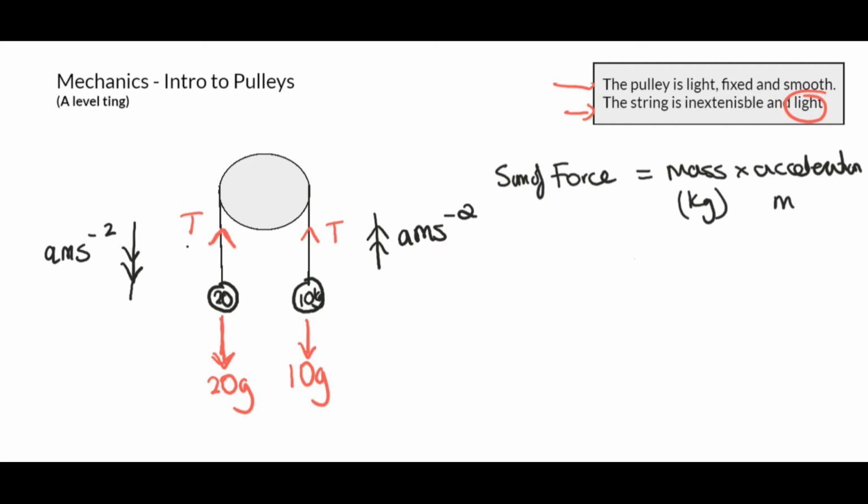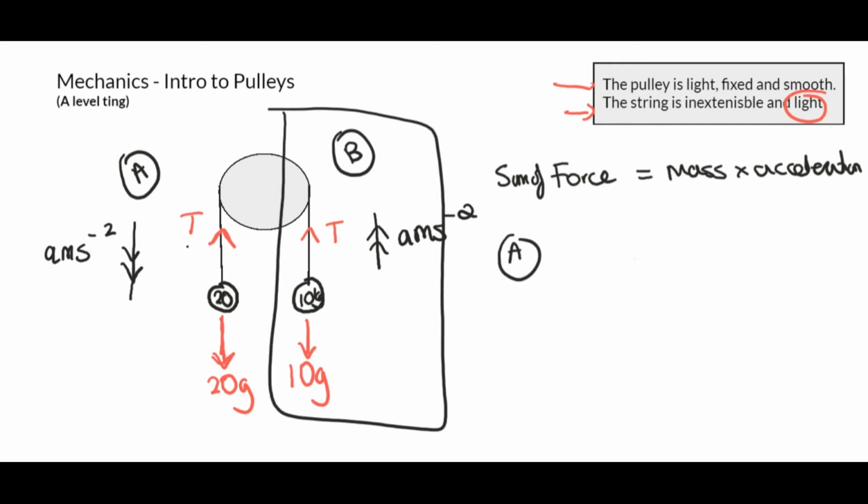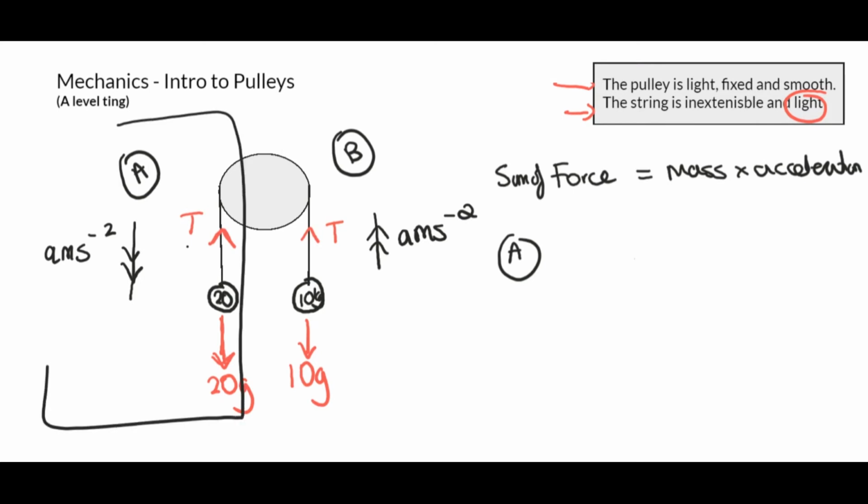Now, let me rub this out quick. Let me tell you something, yeah? So, let's say I labeled this side A. Let's say I labeled this side B. Okay? Now, let's take a look at A, yeah? Let's take a look at A. So forget about this side of the thing. Let's just look at this side of the thing, yeah? Cool. Now, we know that it's going down, obviously, because that's why we found the direction in the beginning. We used our mechanics knowledge, we used our eyes, and we identified that this thing is going down.